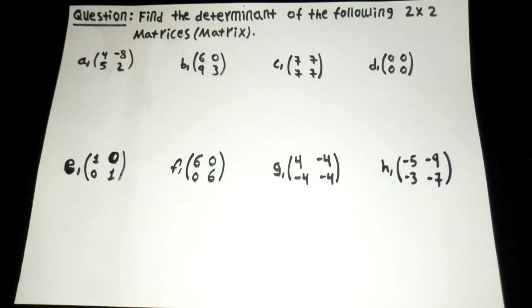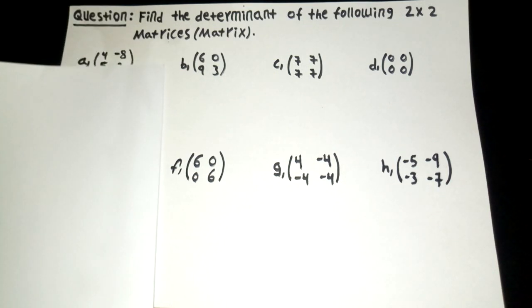Hello focused students, today I'm going to explain how you can solve this type of question, a 2 by 2 matrix, to find its determinant. First, let me tell you something about the determinant of a 2 by 2 matrix or any matrix. You should first know its symbol. The symbol for the determinant is like